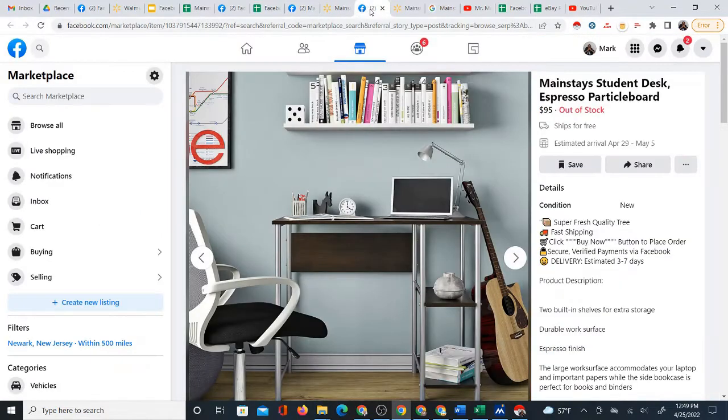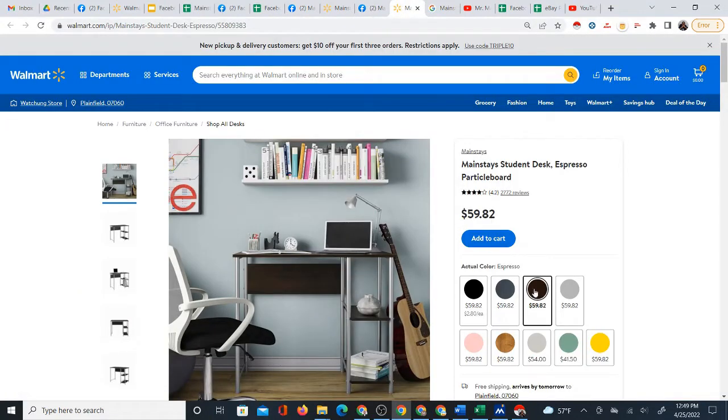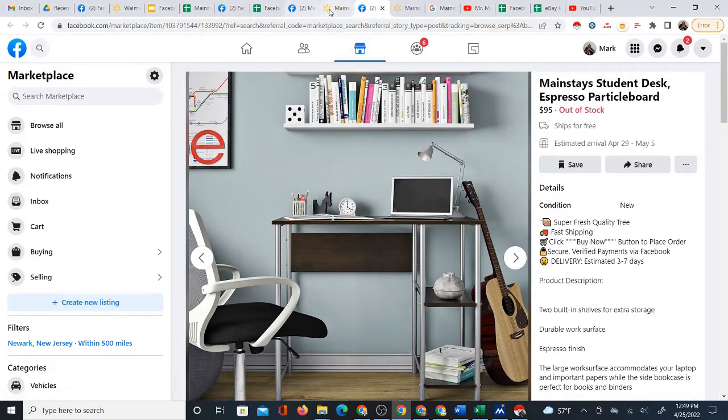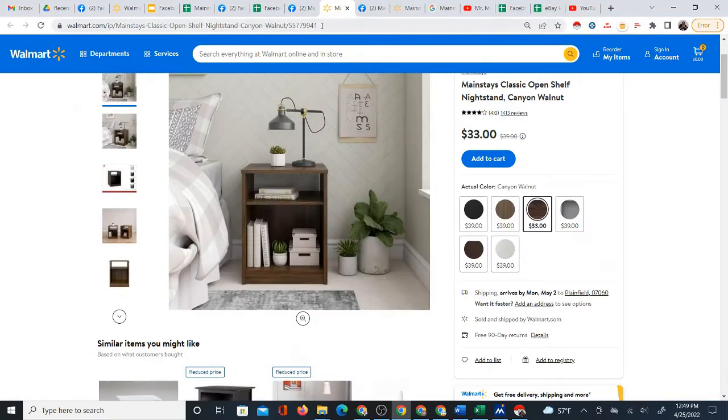Here's another listing which is out of stock at $95 on Facebook. But then on Walmart, I see the equivalent product for $59.82. And I discussed in a previous video how we can determine that it is likely that these products sold